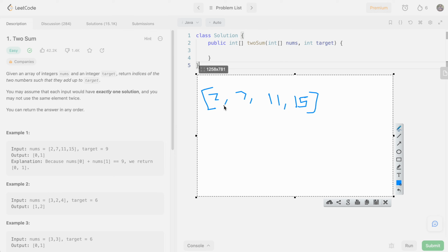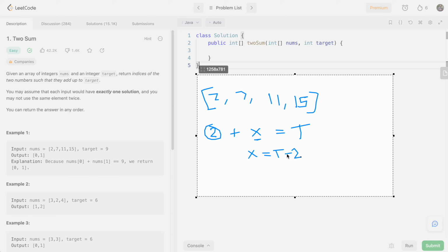So to optimize the solution, let's say when we're taking the first element, let's say number 2, we already know the target, right? So we know that we're looking for some number x which will equal the target. So let's say the target is t, right? So there's only really one number here because if you solve for x, that will be t minus 2, right? So there's only really one number that will satisfy the value of x that we should look for in the entire array, right? So which is going to be t minus 2, or t minus whatever element we're comparing,